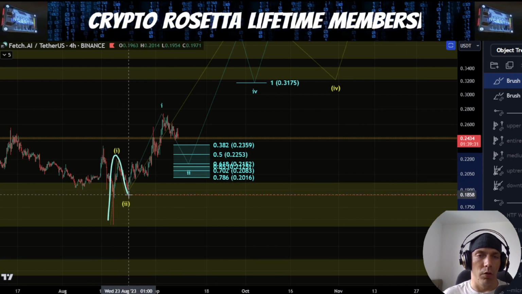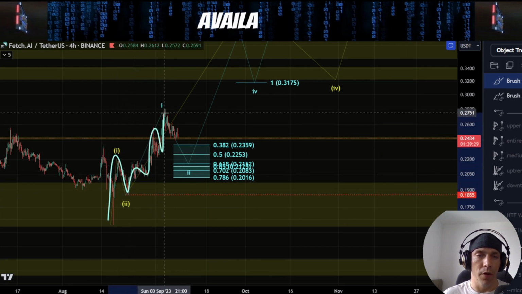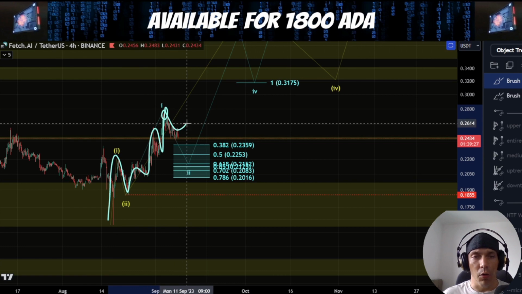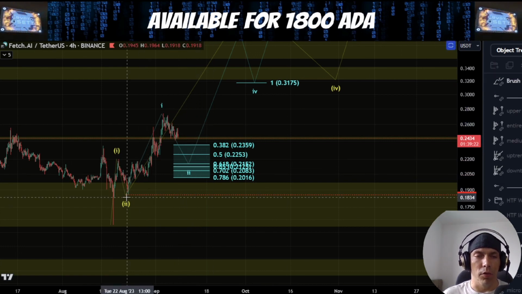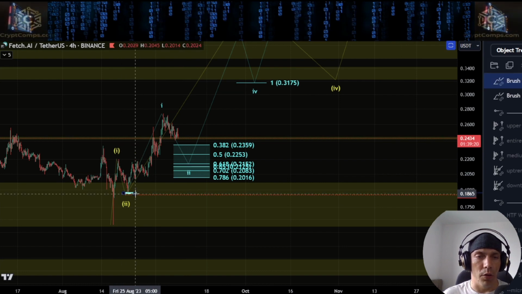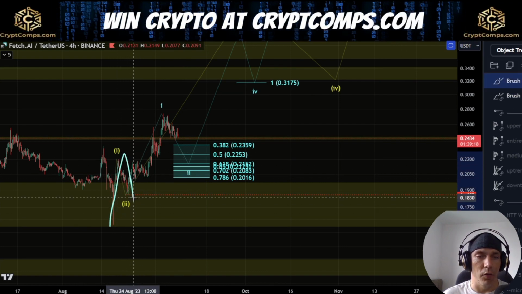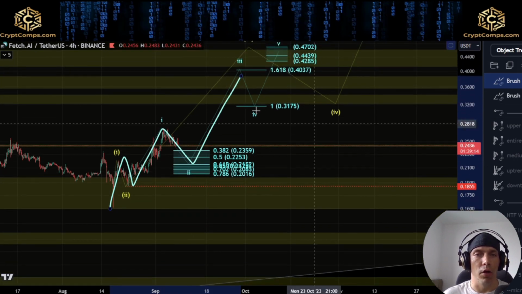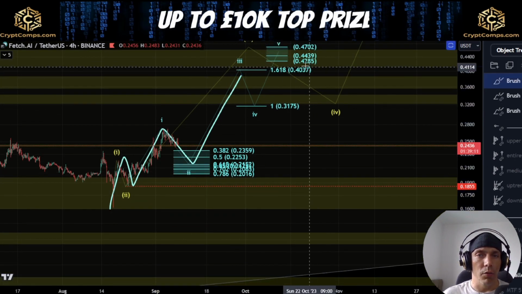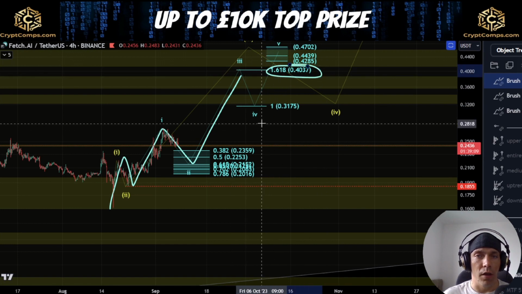Or alternatively, we could even see something along these lines where we're actually starting to extend out here, where what we would say is that this is 1, 2. We have 1, 2, 3, 4, and 5 up into these highs, and we could actually be forming this blue wave 2. Invalidation of this comes by crossing this 1855 level, which would be this low. Now what this would be saying is that we have this as 1-2, we'd get another 1-2 here, and then we'd actually be looking for a much stronger rally to the upside,